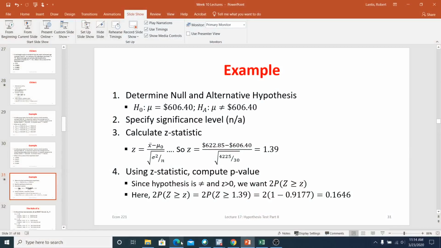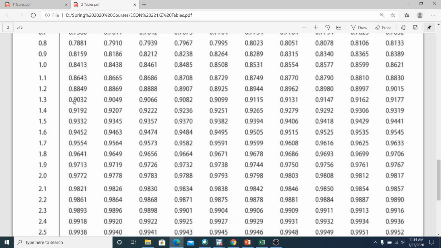If I go here, I look up 1.39, 1.3 all the way over, 0.9177. But right, remember, 0.9177